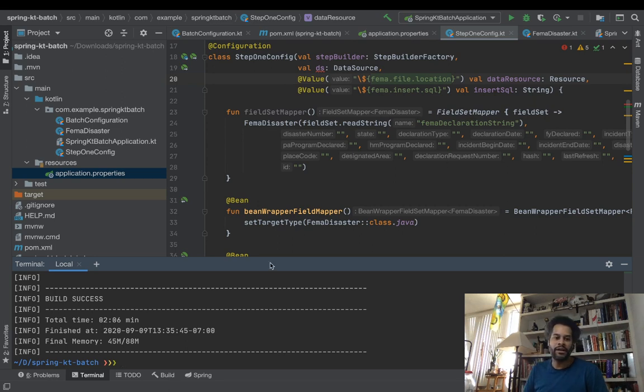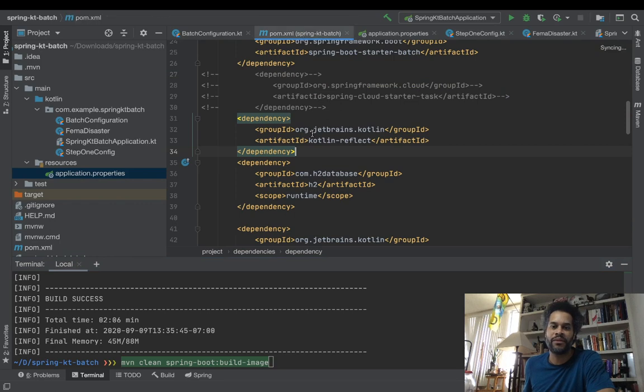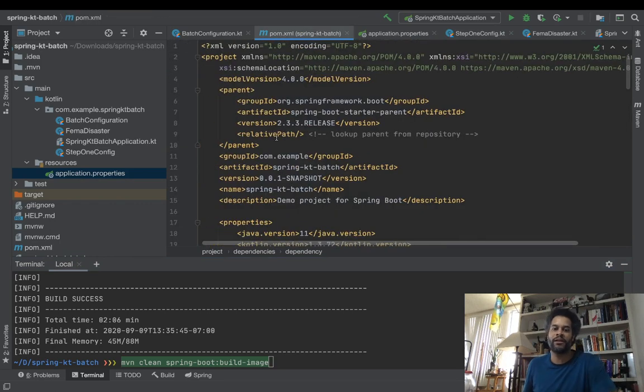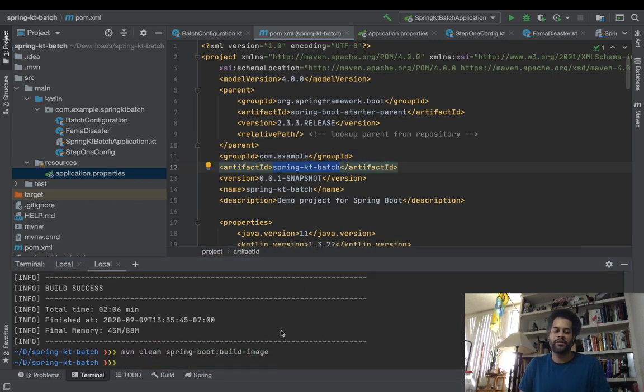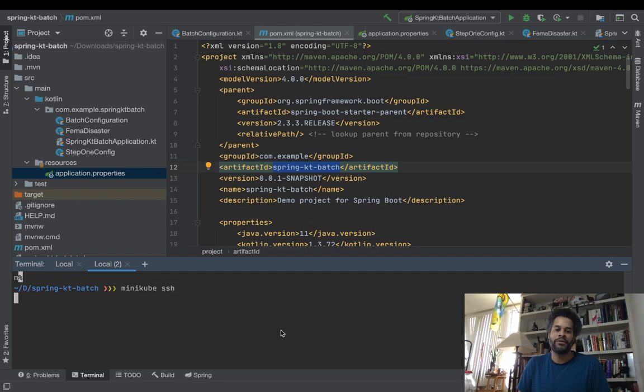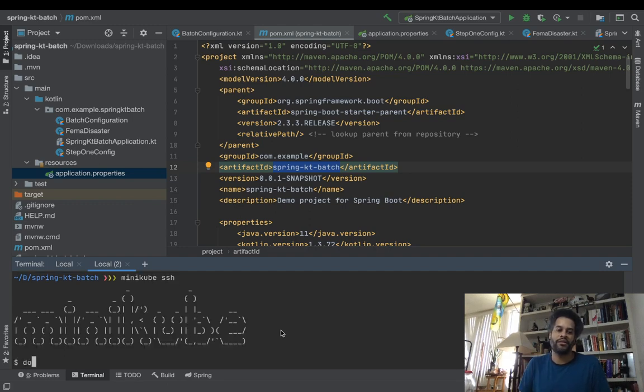Are we done? Yay! That was only 2 minutes. Okay, so we built our image, and the good question here is, what is the actual name of the image? The actual name of the image will be something along the lines of spring-kt-batch. So let's start a new terminal. Let's go into SSH docker